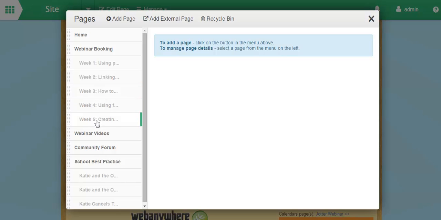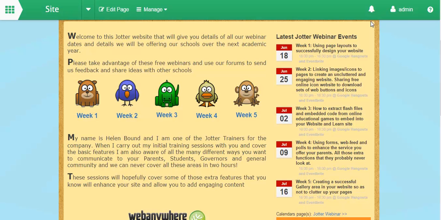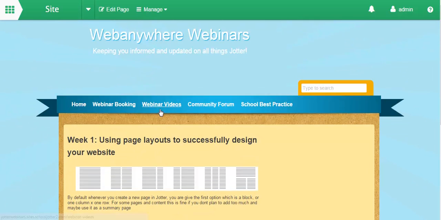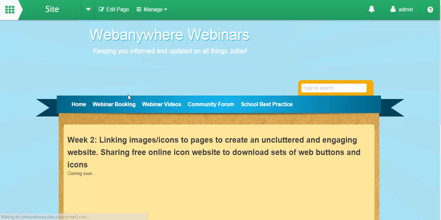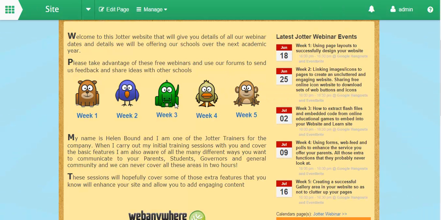So these are all of those there. I've set them up as pages, they sit underneath the webinar booking, but they're not in the actual menu. However, I've set them up so that when you click on them, it takes you directly to the page. So I've set up those pages. They can be accessed from the front screen, and that layout, although to be fair with you,